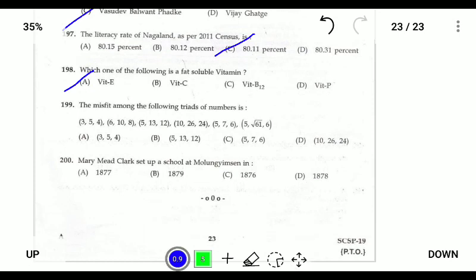So the final answer is Mary Mead Clark set up a school in Molung in 1878. So she started a school which was considered as the first school in Nagaland, and it was established for the girls in 1878. So with this,